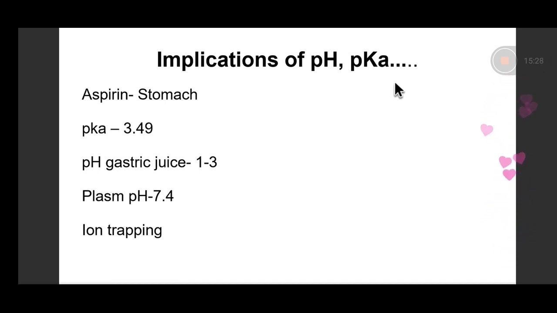Now, an ionic compound is lipid insoluble. Will this ionized aspirin, which is there in the gastric cell now, be able to diffuse back into the gastric lumen? No. There would be trapping of aspirin molecules, or the aspirin ions, in the gastric cell. So ion trapping would occur, and it is this ion trapping which is responsible for the gastric injury caused by drugs like aspirin in the stomach.